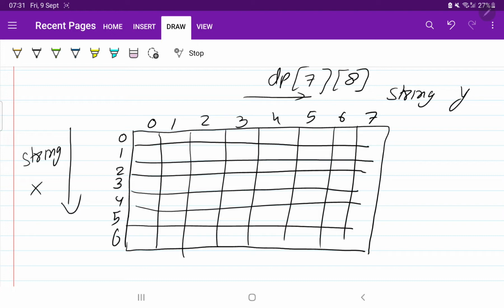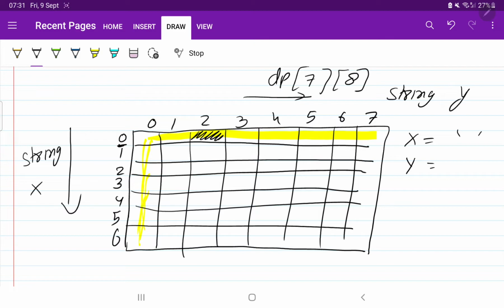Now first of all, what we were doing in the DP problems, we were filling the first row and the first column by ourselves. So let us fill this first row and first column. Let us talk about this one. What this tells us is that the length of string x is 0. It means there is no element in the string x, but in string y we have two elements.